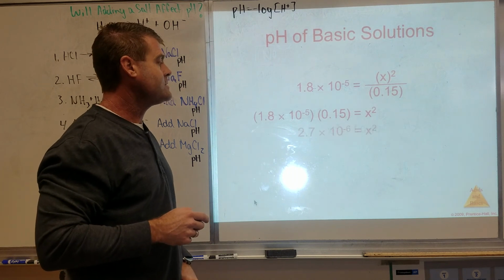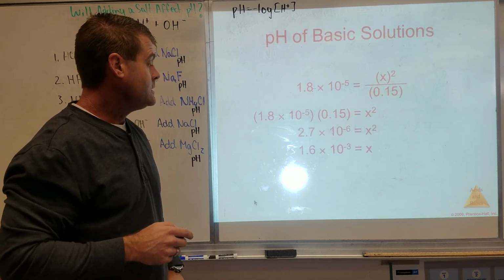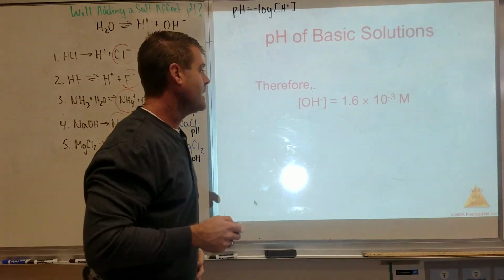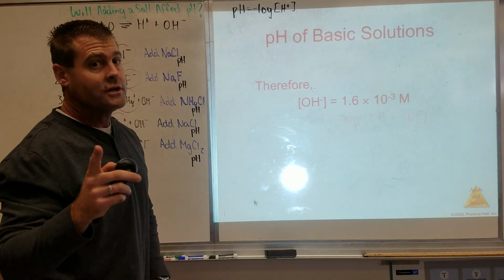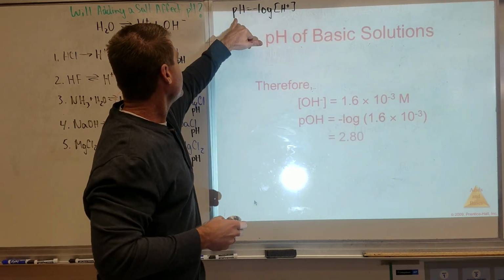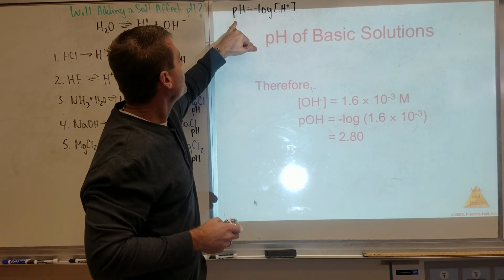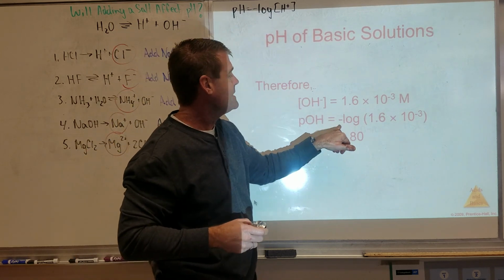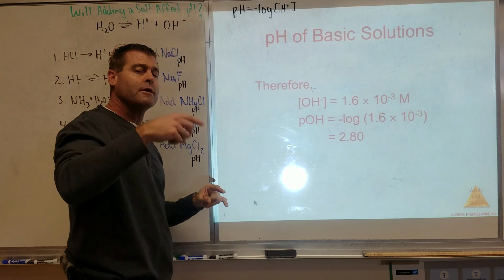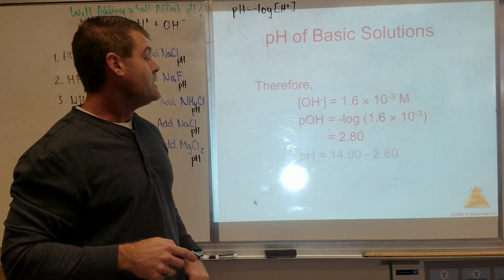And here's the easiest way to do this. So our OH minus concentration is the X value, right? Now what you could do at this point is you could get the pOH. Remember the pOH? It's the same thing. pH is negative log of H plus. Well, the pOH is the negative log of the OH minus, so I get the negative log of that. And so my pOH is 2.80,